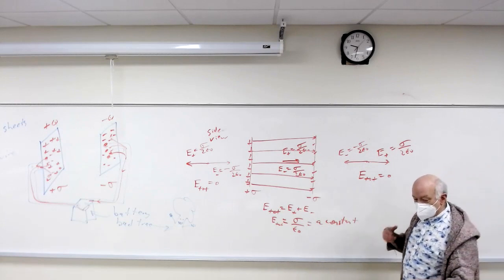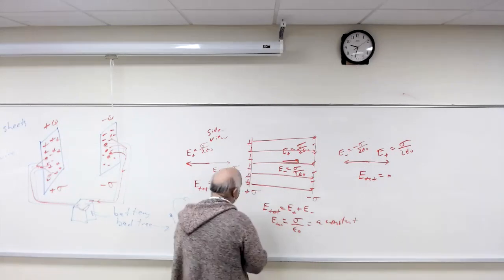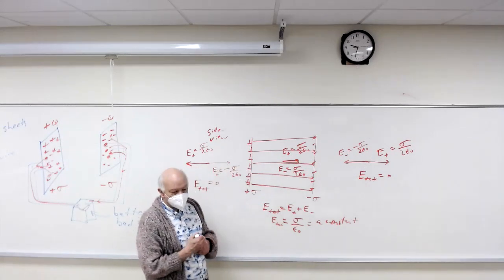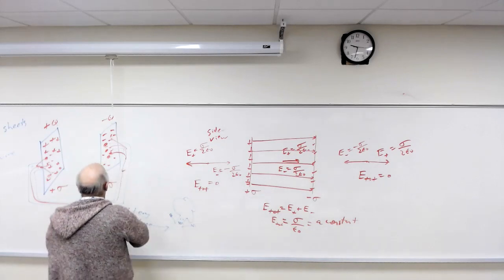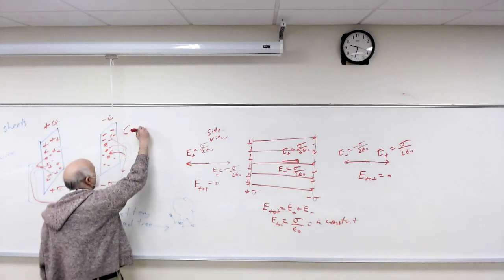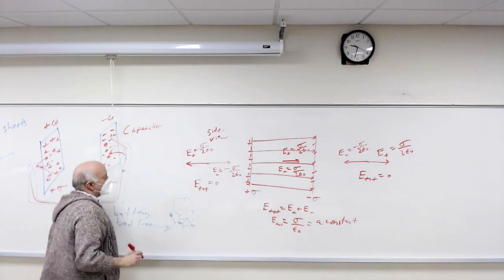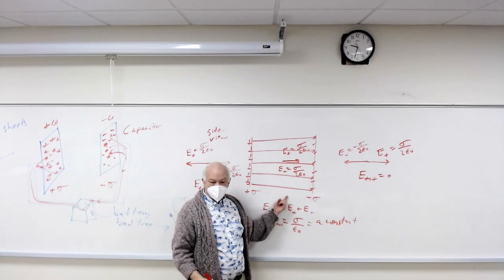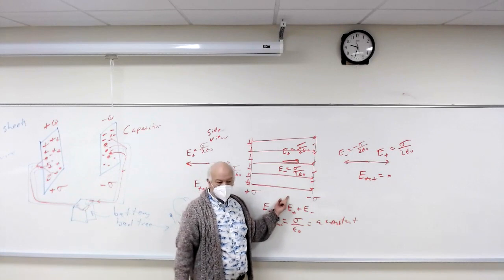Later on, meaning very soon, we're going to find out what this device is called. This device is called a capacitor. A capacitor is a device that basically stores electric charge, and also stores an electric field inside here. But we don't know that yet.